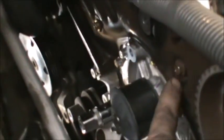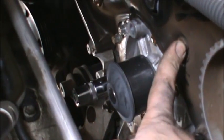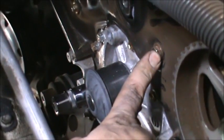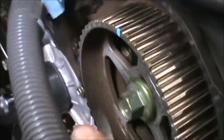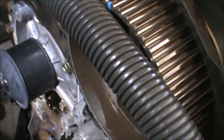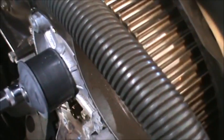The other thing we're going to do is probably take this piece of the plate right there off, and maybe this part of the plate, the bolts right here, so we can pry it. I'm just going to pry it a little bit right here, but if I wanted to take this off, I could take those off, and that's what you would take off to change the seal. I don't believe we need to take that off. If we do, then we'll do it. If not, then we won't. Alright,